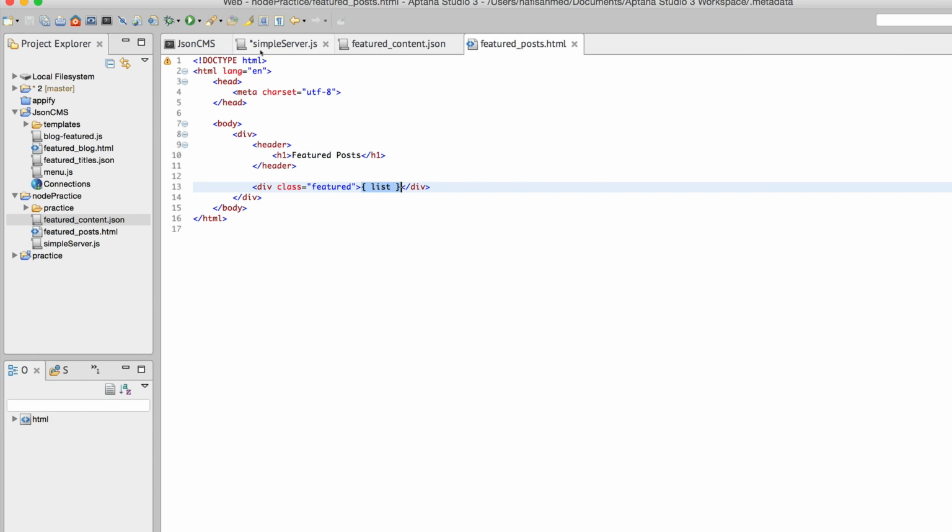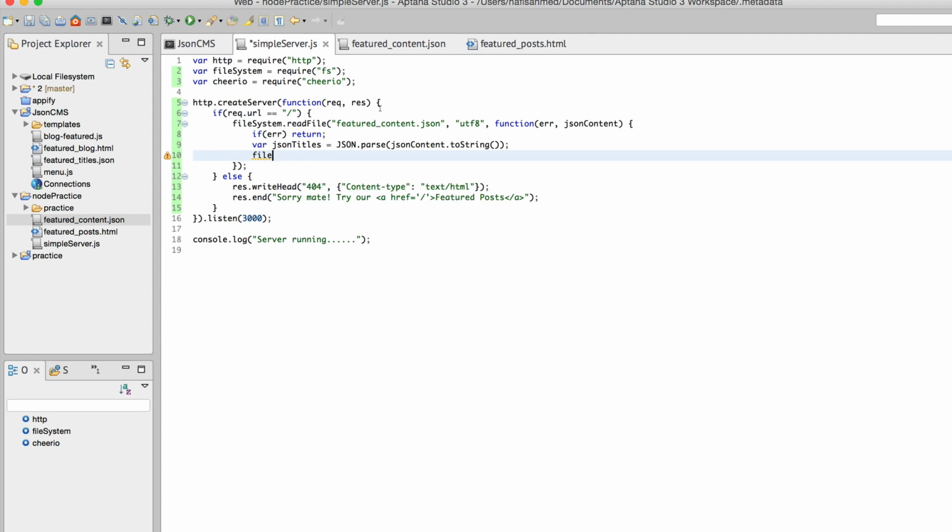So the next thing that we will do is to read the content from this featured posts HTML template. We would like to read all this content from this HTML template. So let's do that. For this purpose, we will also use the readFile method like before. So this readFile method will now